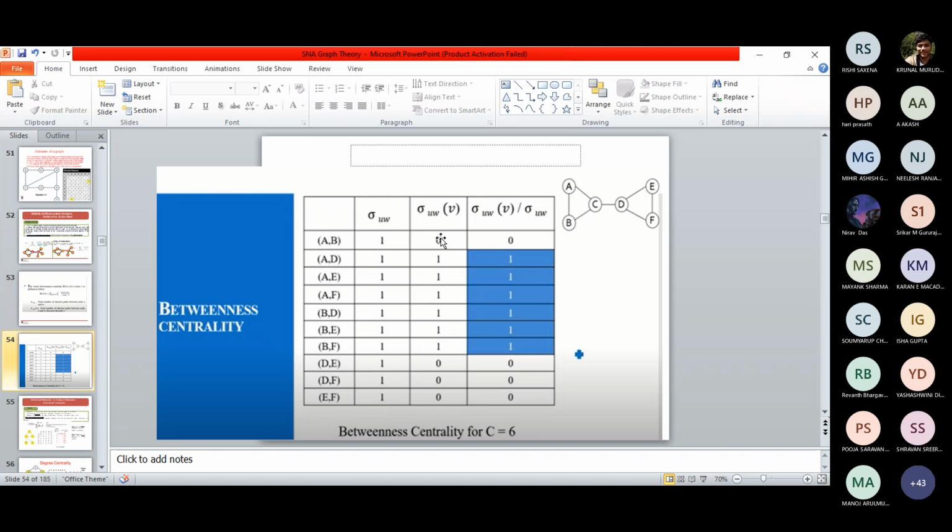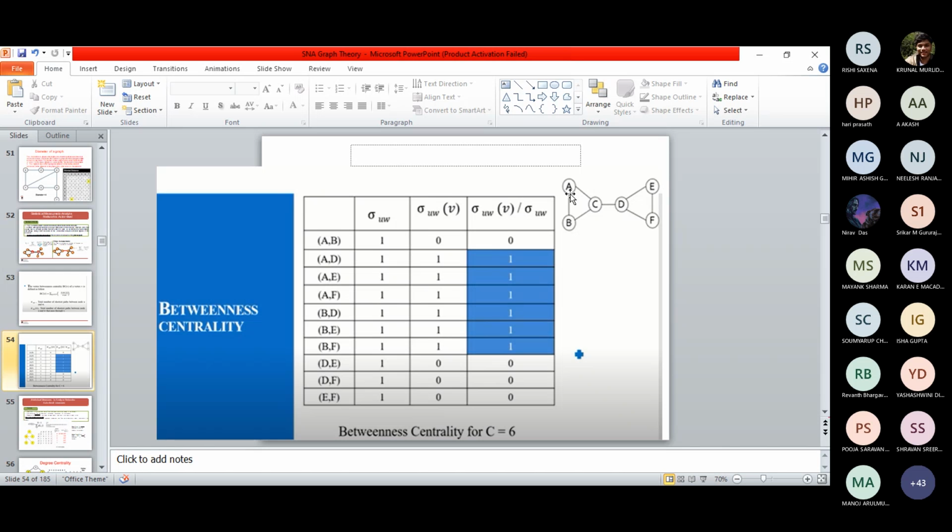Now the third column, see this column, you check whether this A and B can be reached through this vertex C. You understand? Whether C is in between these two different nodes. Whether you need C for A to B, no, C is not needed here. To reach A to D, you have to pass through C. So you just put one. That is, one path is there.